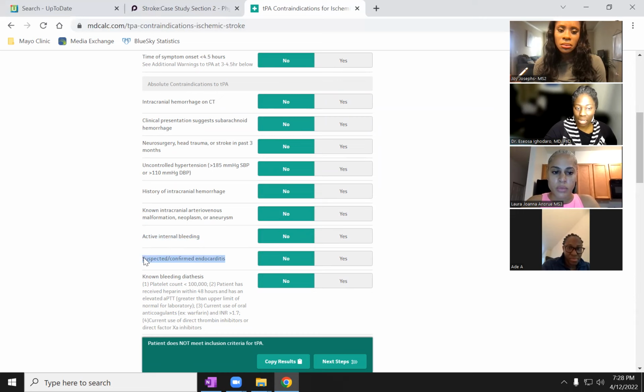And I read this recently. If you think the person has endocarditis and that the stroke is due to endocarditis, they call them septic emboli, they love to bleed. It's just known, stroke due to infective endocarditis, they're going to bleed. So if you think they're having symptoms of endocarditis, they're having, you guys help me out, the little